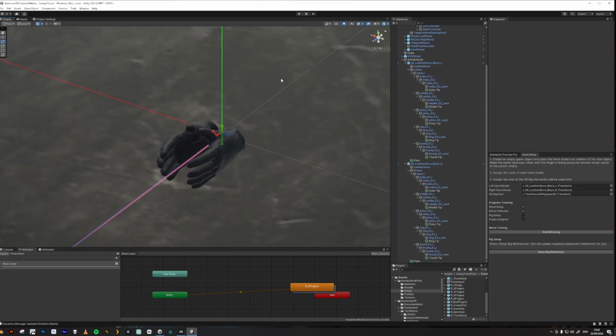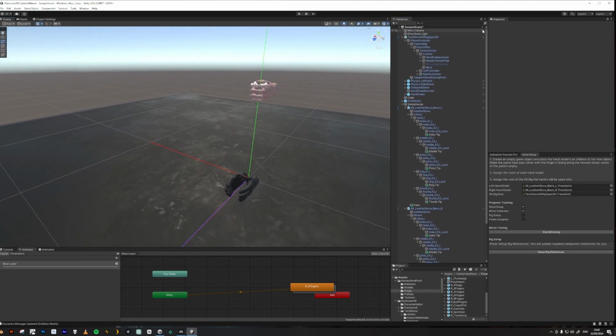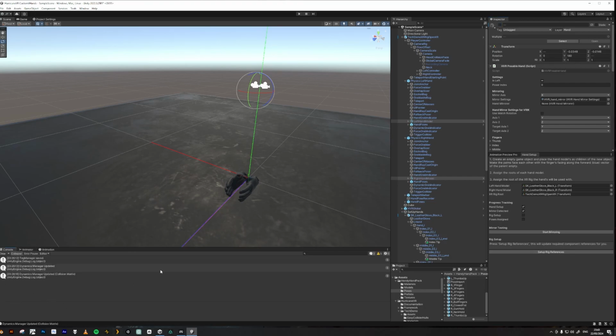Now before you do that, something I've done in the past, let me go back, is essentially disable these hands that we're replacing. So inside physics right hand and inside physics left hand are the actual original models from the demo. You do need them, keep them in and keep them active. If you disable them, which I've done in the past, and then click on set up rig references, you'll just get errors in the console. It won't work. The script requires access to the components on those models, and so if they're deactivated, the script can't get access to the components. So make sure they're enabled,